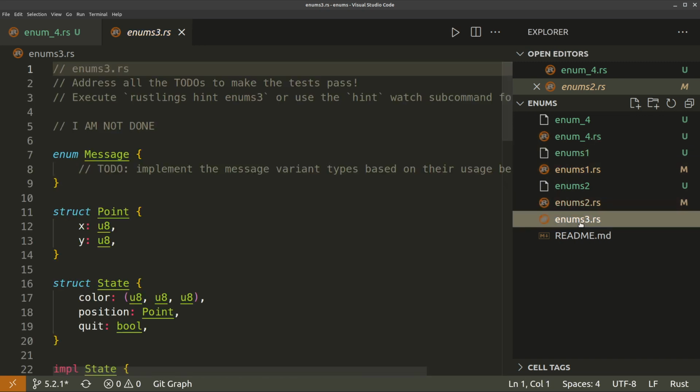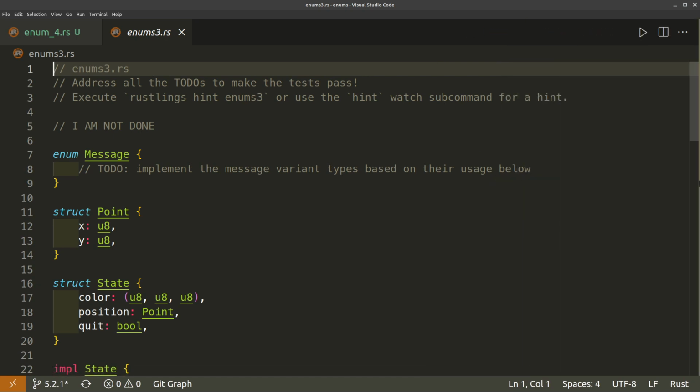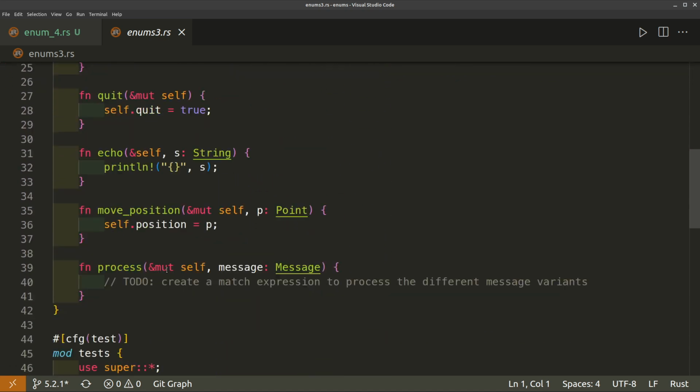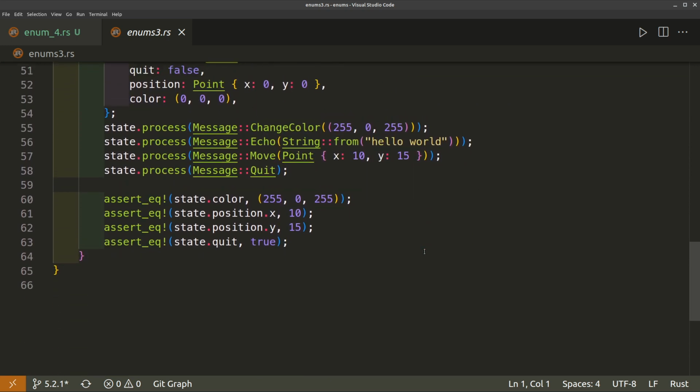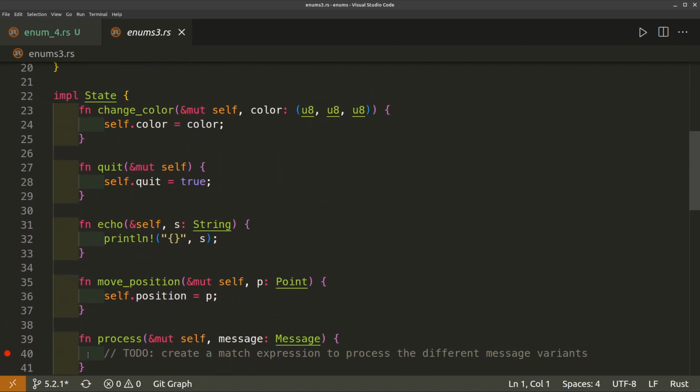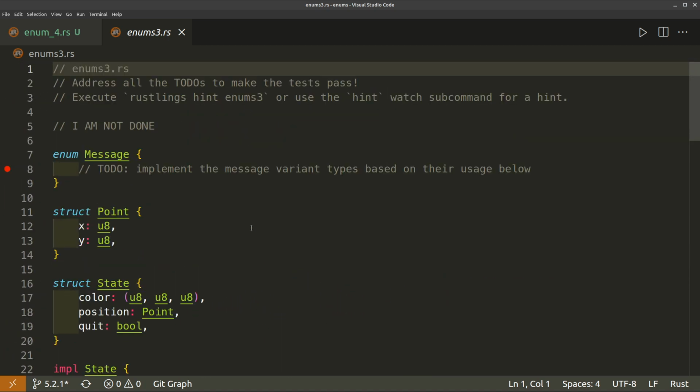The third example I haven't done yet. You see the instructions here. Address all the to-dos to make the tests pass. Execute rustlings hint enums 3 or use the hint watch subcommand for a hint. So you see on line 8, we need to create the enum. And down here, create a match expression to process the different message variants. That's beyond the scope of this video. I need to go away and study up on matching, I've kind of got the gist of it, but